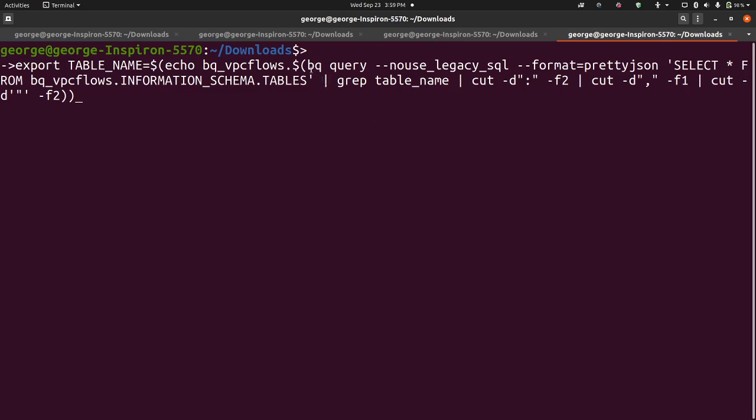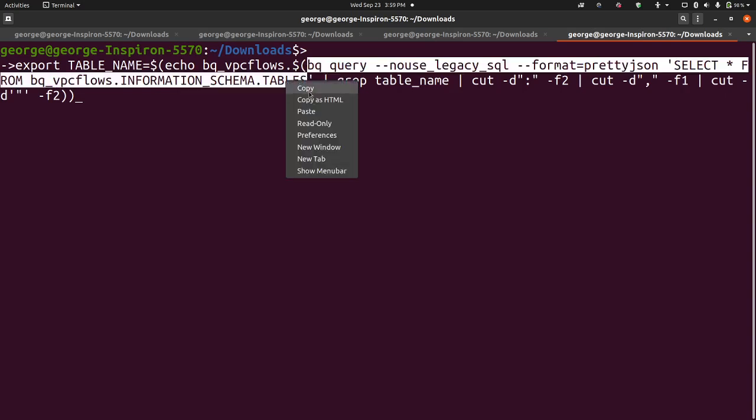So this one here queries using no use legacy SQL, formats it as pretty JSON. It says select all from this data set, and the information we're looking for is the tables. So if you were to take this, okay, copy,